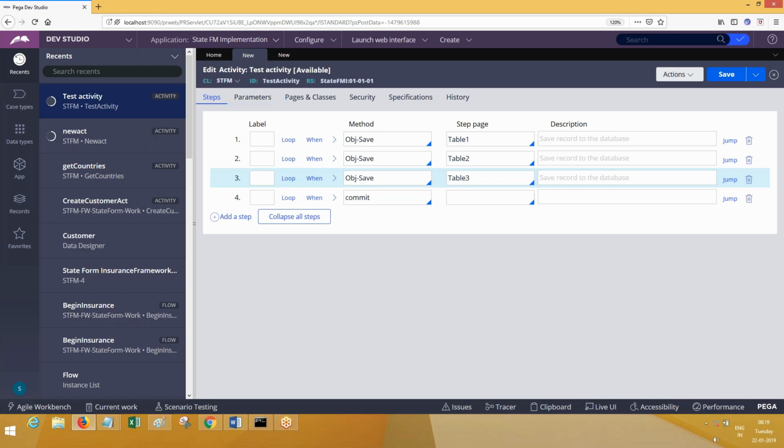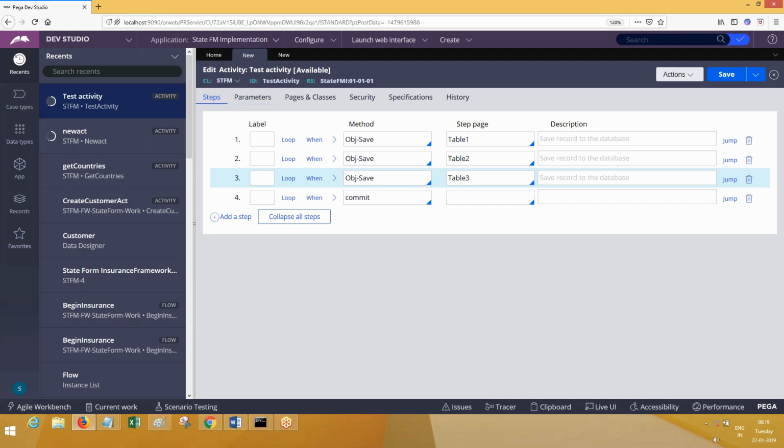Suppose you are creating 2 work objects. You have logged into PRPC, you have created work object 1, work object 2. So you are in the middle of work object 1 where you completed work object 2. Work object 2 is going to perform a commit, right? Let's say it has performed a commit. When a commit is performed, is that going to impact work object 1 also? Generally, should it impact or not? No, it should not. Right? It is how the system is designed.